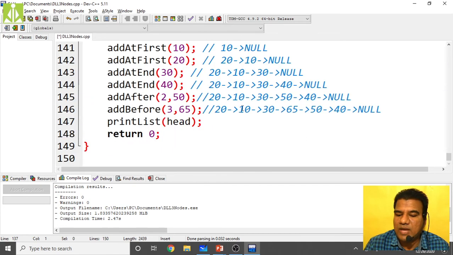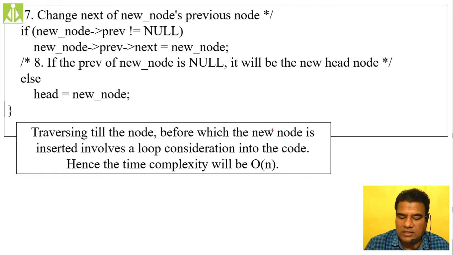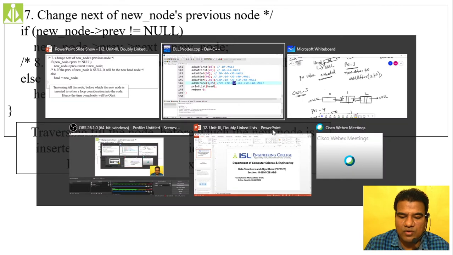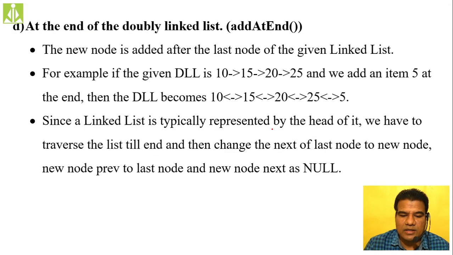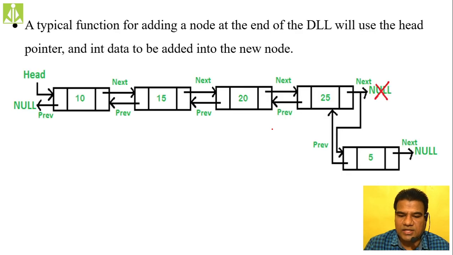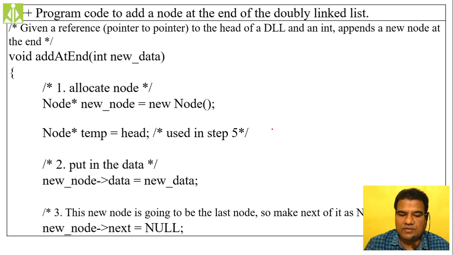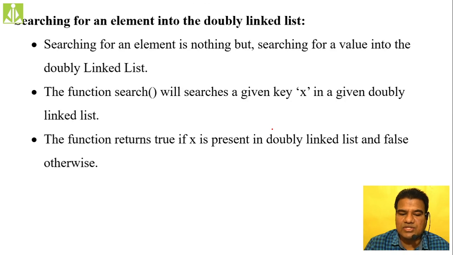Whatever nodes we have in this doubly linked list, if you are searching for a particular node, how can I confirm whether that node exists in my doubly linked list or not? To confirm that, here we have this piece of code. Sorry, here only. Add at end we already discussed in my previous session. Now searching for a value is nothing but simply looking for the given value inside the doubly linked list values.